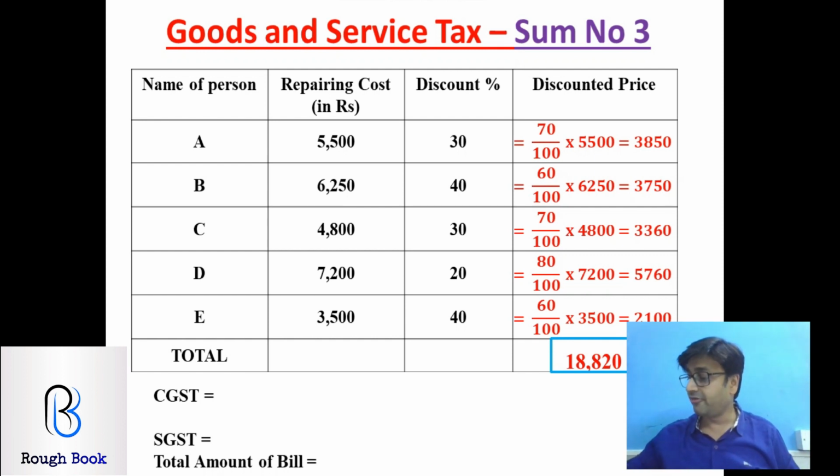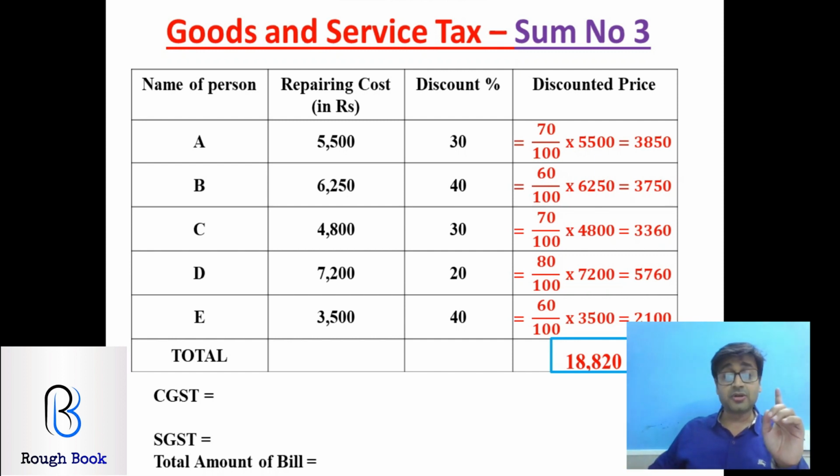18% of 18,220. So 18,220 into 18. Let's multiply. 8 2s are 16, 16, 17, 65, 6, 14. I get 2281. So 6, 9, 7, 12, 3. Do you get 32796 divided by 100? So 327.96. But we had to take half of this.